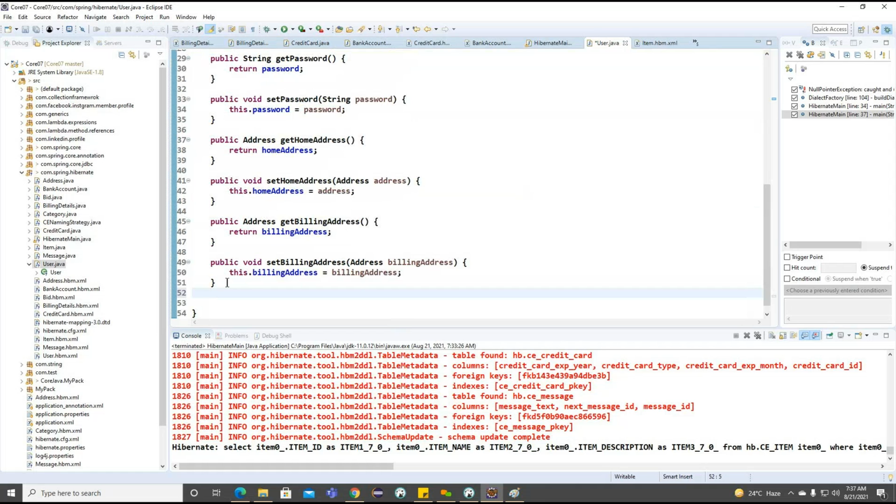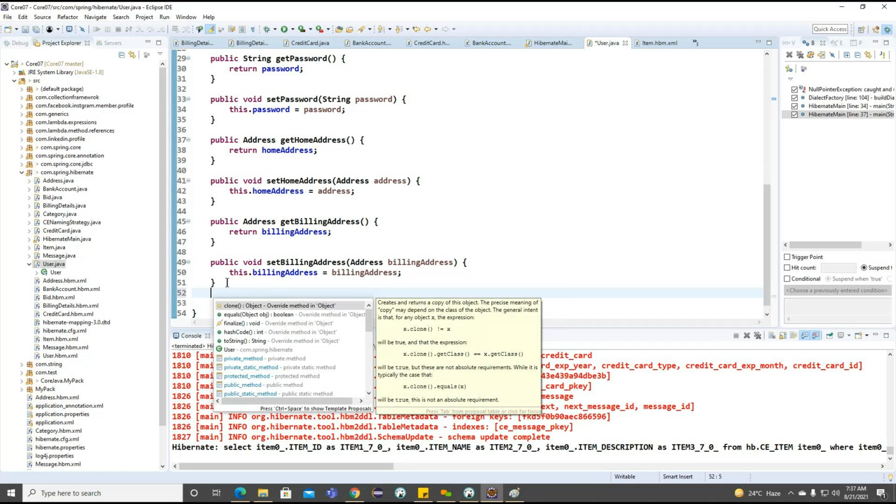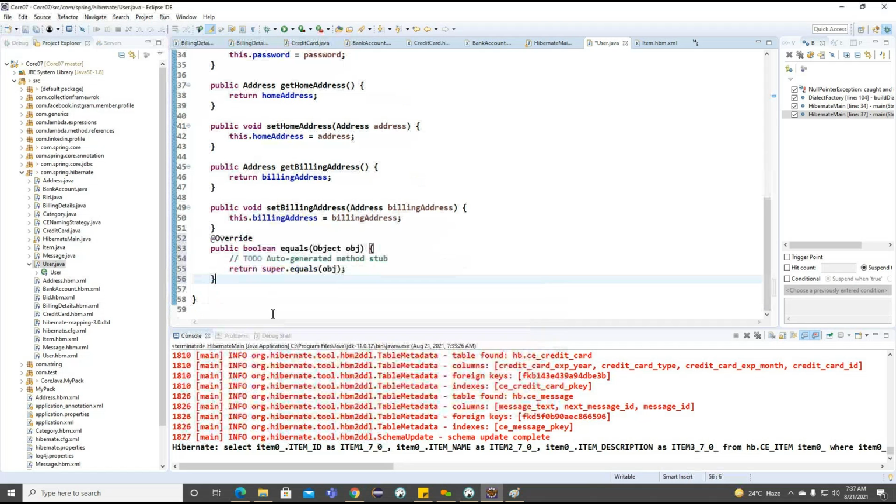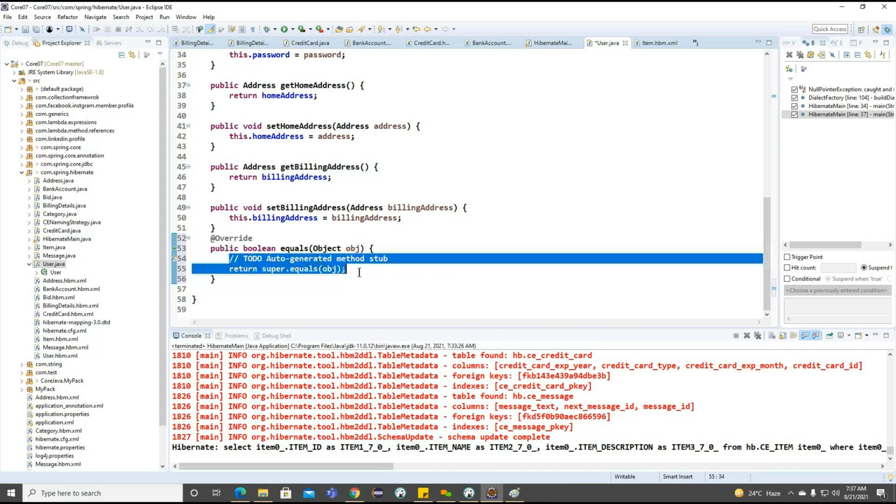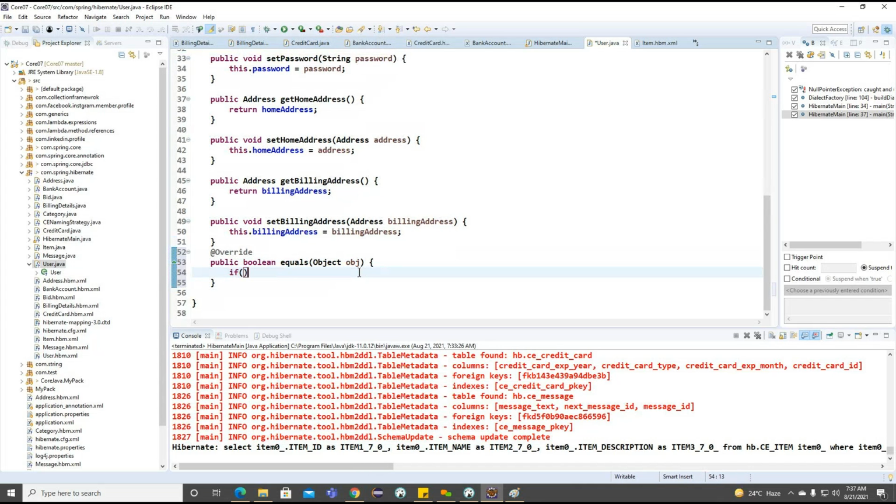Now if you see the equals method, how can we define this particular equals method? Basically we are not implementing anything; we are trying to take help from the superclass equals method. If you observe here, I'm checking the condition: the current object is equal to obj.